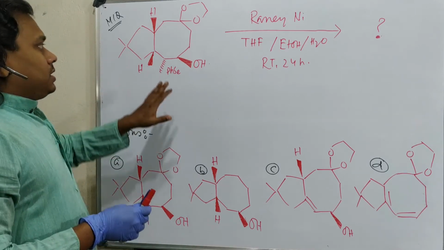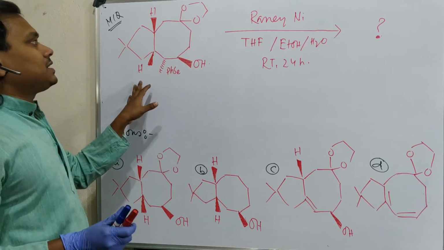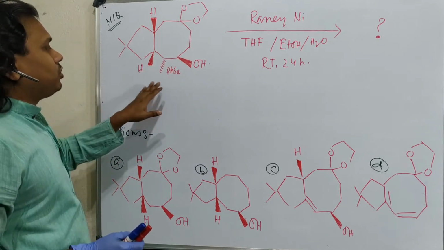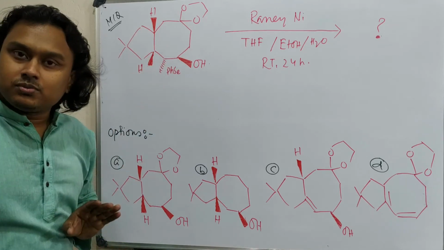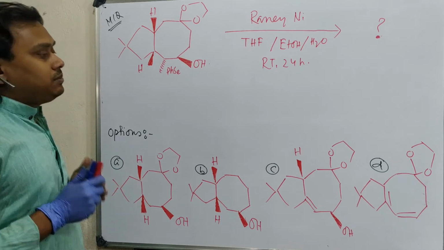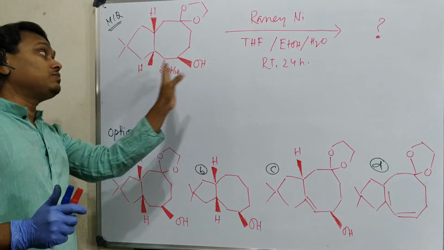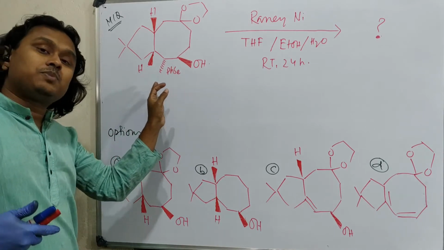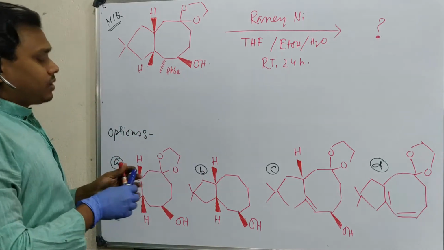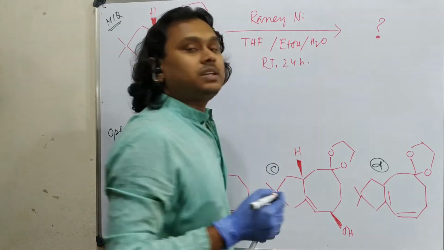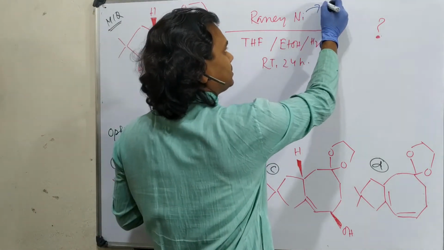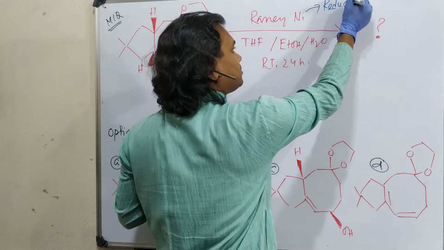By the way, the most important thing in such problems: this molecule has multiple functional groups. That's why I believe it is important to understand the reagent, such that you can understand which part of the molecule is expected to react. See, Raney nickel is a reducing agent, point number 1,